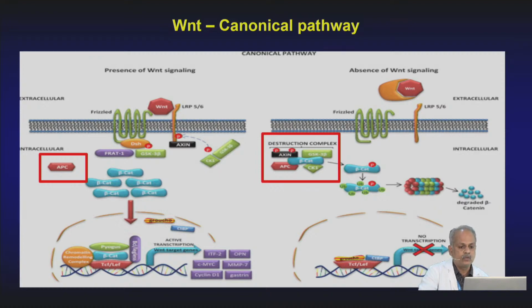However, when there is no signal, usually the destruction complex phosphorylates the beta-catenin and degrades it, therefore it doesn't move into the nucleus and the target genes are not switched on. Now, the driver variant that I was speaking about in the APC gene does not degrade the beta-catenin, and beta-catenin moves into the nucleus and